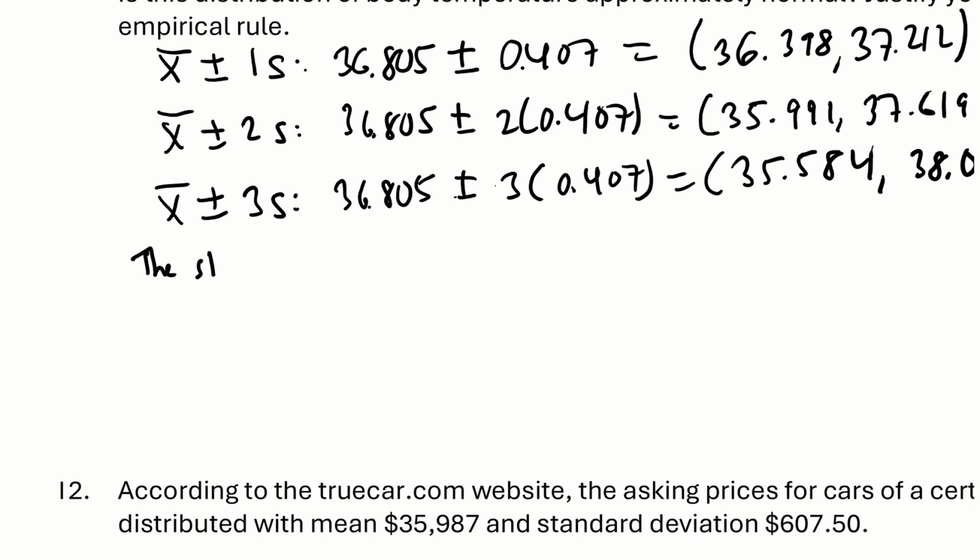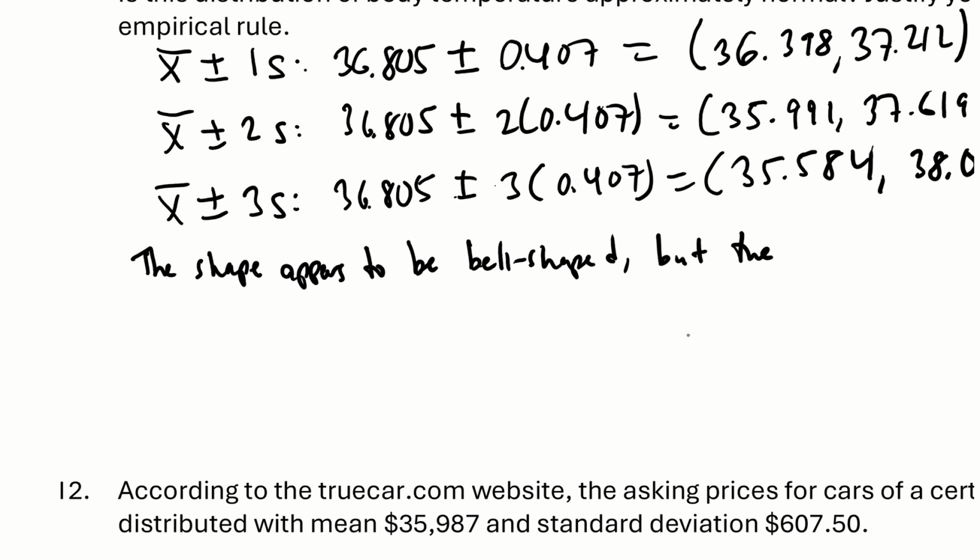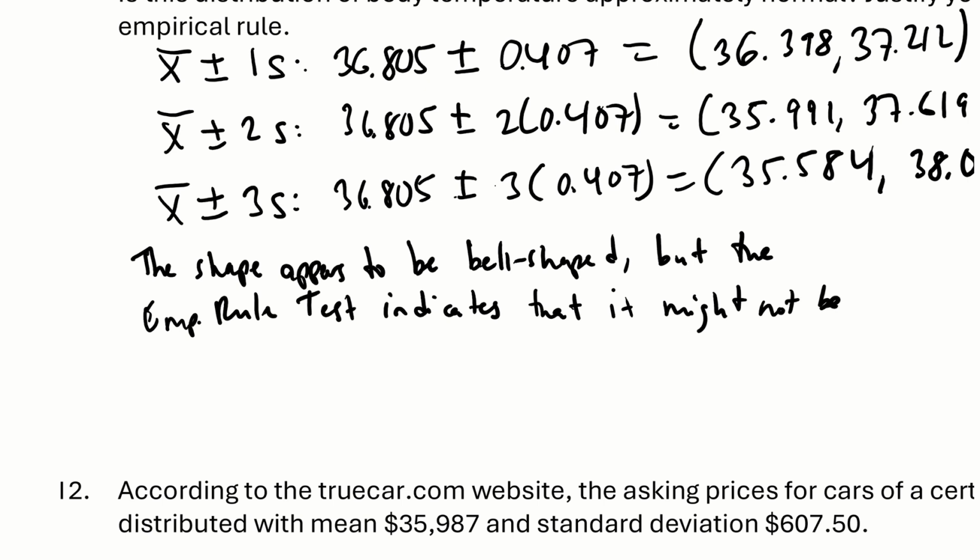Okay, so the shape appears to be approximately normal, or appears to be bell shaped. But the empirical rule test indicates that it might not be approximately normal,